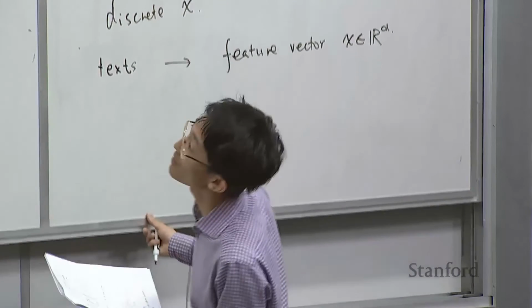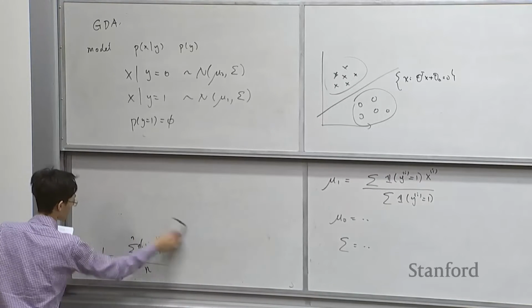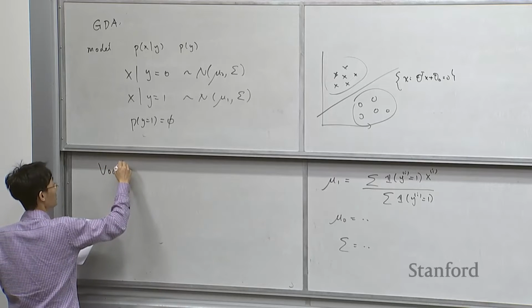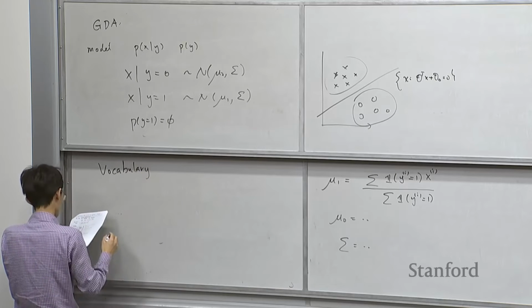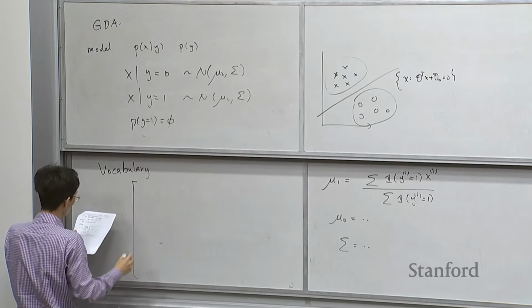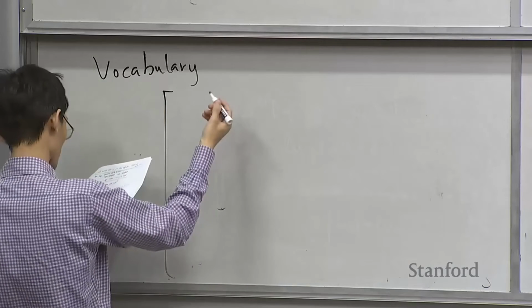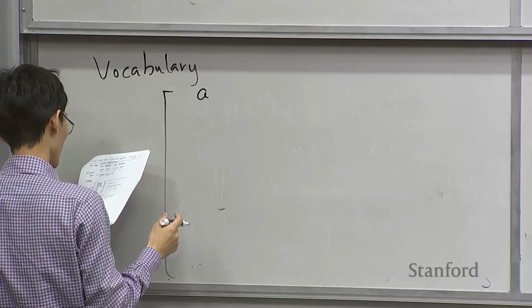So what you do is you first look at a vocabulary. Suppose you have a vocabulary of maybe 10K words, and you list all of these words in a sequence based on alphabetical order. If you open up a dictionary, the first word is probably always A. I think the second,